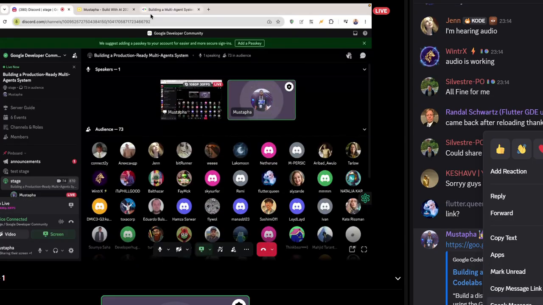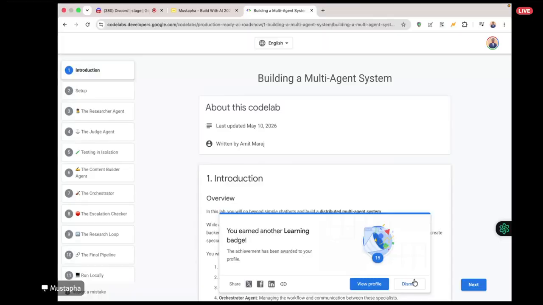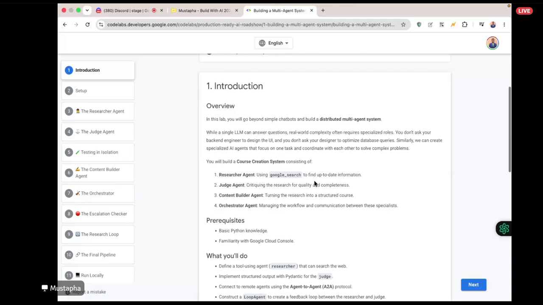All right, so let's proceed. So here we are. This is the code lab we'll be working on today. And just to dive in, we are building a cost creator system, and we are using a multi-agent system. And under this multi-agent system, for this cost creator we want to build, we are going to use four sub-agents